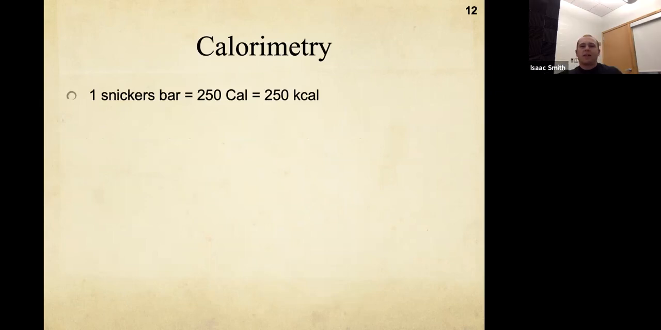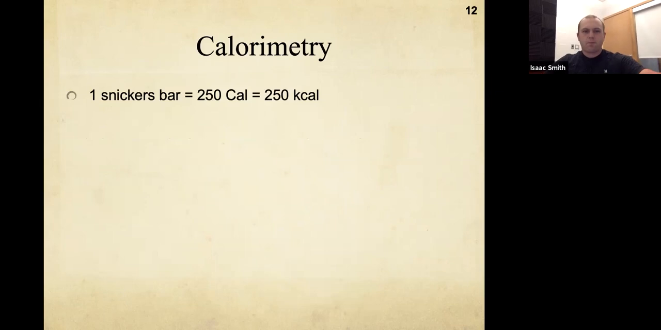Okay, so this brings us to calorimetry. Calorimetry is kind of going backwards a little bit, but this is how you find out how many calories are in a food, right? So maybe at this point you've wondered, how do you even know that a Snickers bar has 250 calories? Essentially what's happening